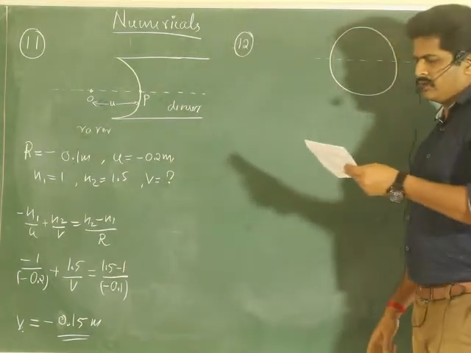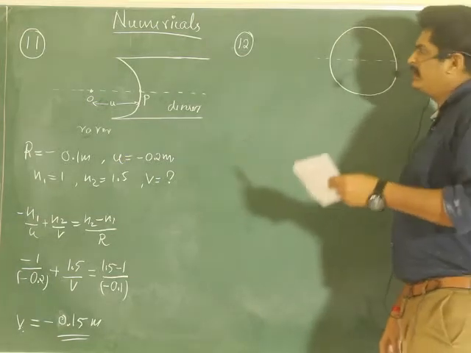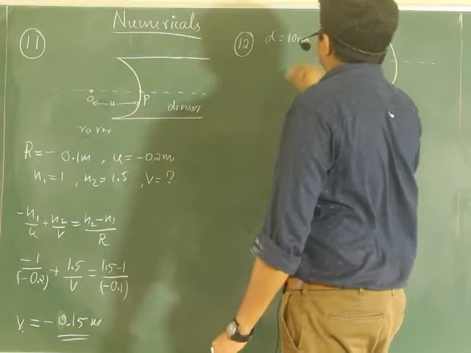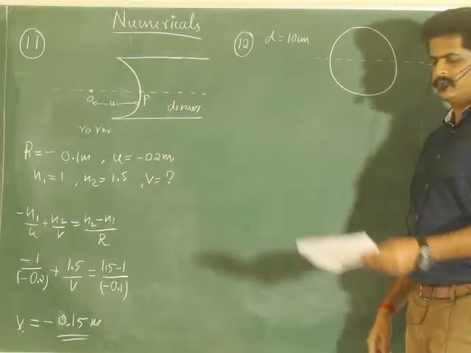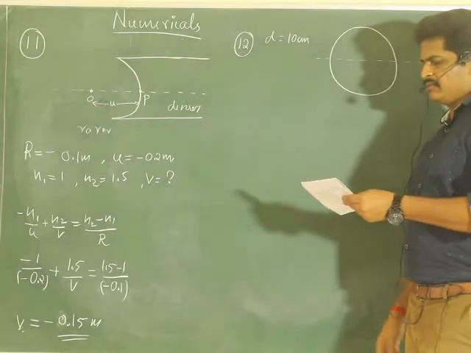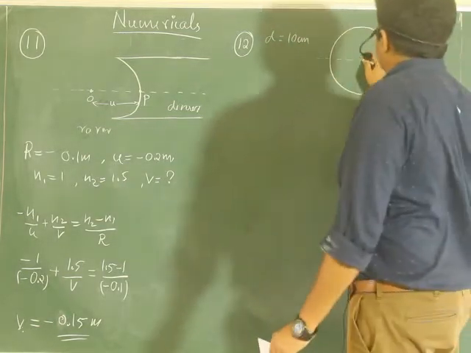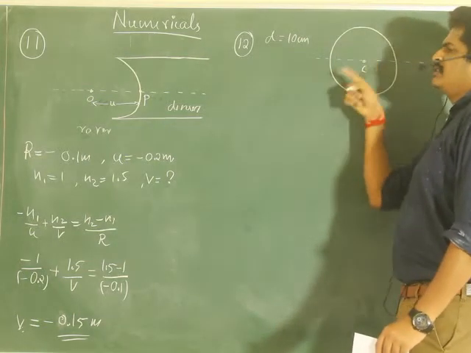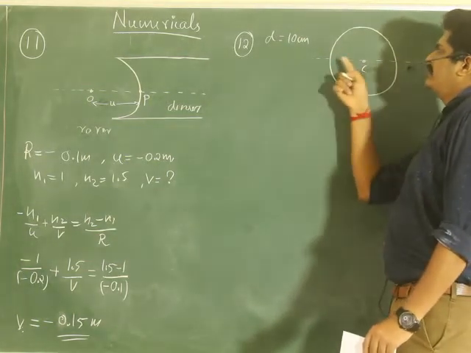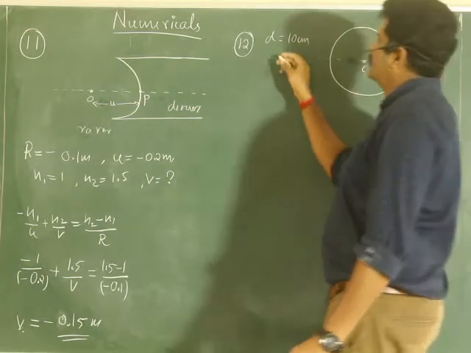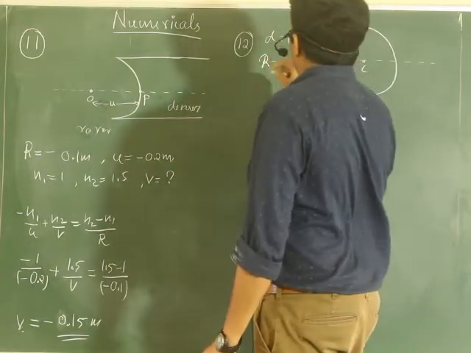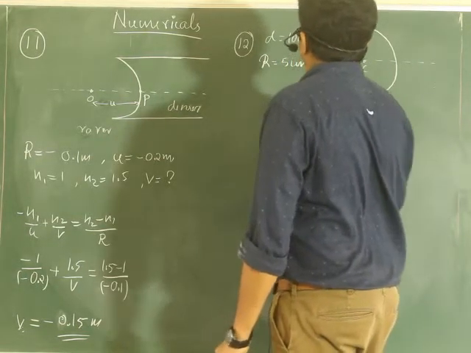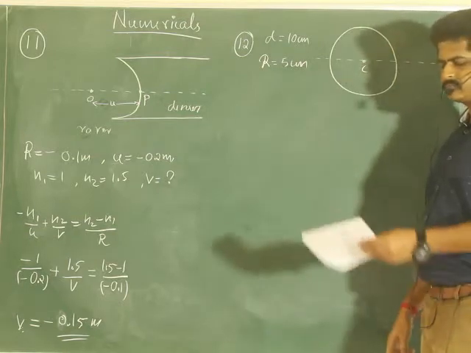It has a diameter of 10 centimeter. So the diameter mentioned is 10 centimeter. Next, radius of curvature. Of course, this is the center of the solid sphere. Suppose you take a spherical surface, the distance from one end to the center is the radius of curvature, correct? So we can directly write down the radius of curvature from the first face, this side. It should be 5 centimeter.